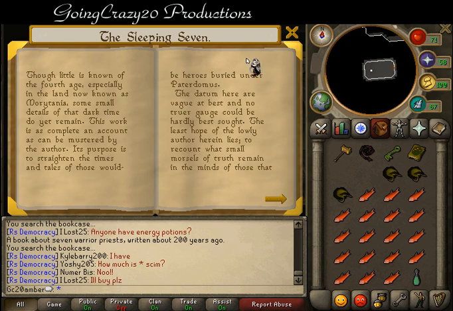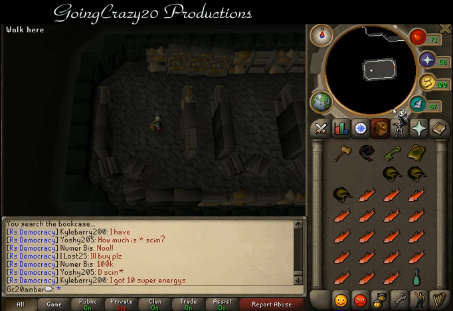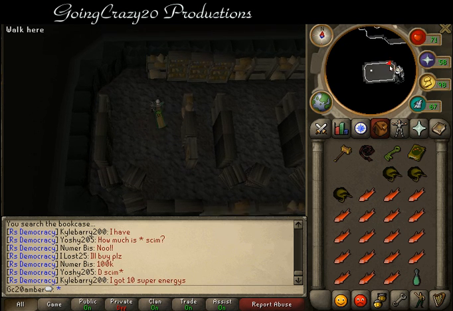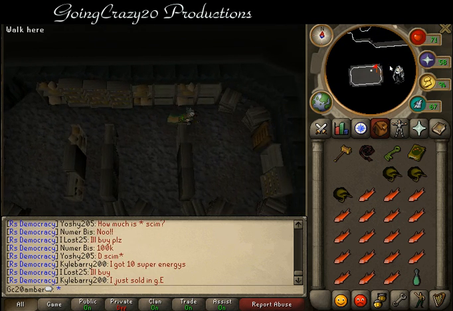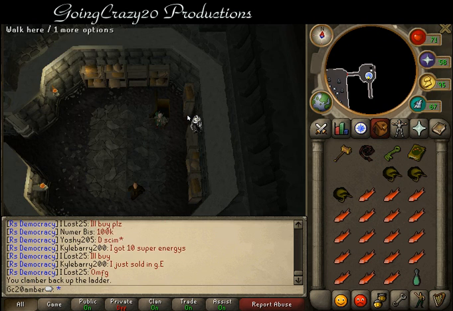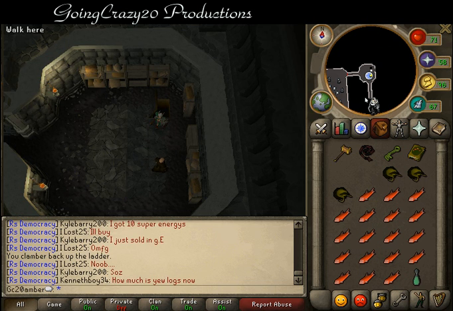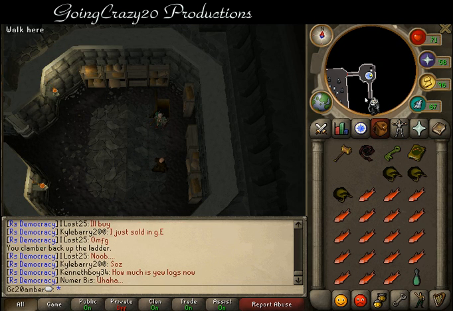One of those will be called the Sleeping Seven. Obviously, when you get the Sleeping Seven, you are going to want to read it. So, now let's go to the basement south of the bar in Canifis and go through the secret wall. I will begin recording when I get back there. Also, you are going to need some soft clay and stuff, so